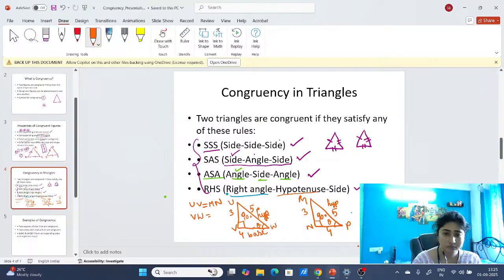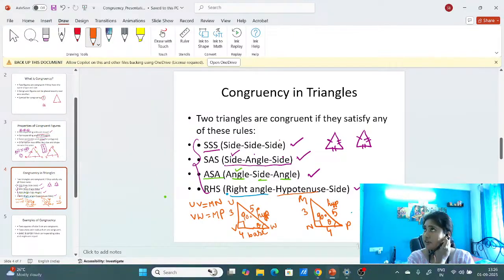Here I took this example, where UV and MN are the same, and VW is the same as NP, but sometimes we will notice that only one side is the same. Here I have taken an example where all three sides are the same. So you could have done it by SSS also,